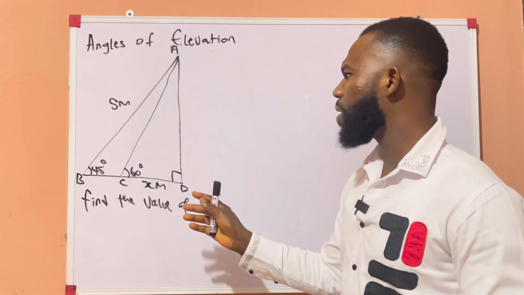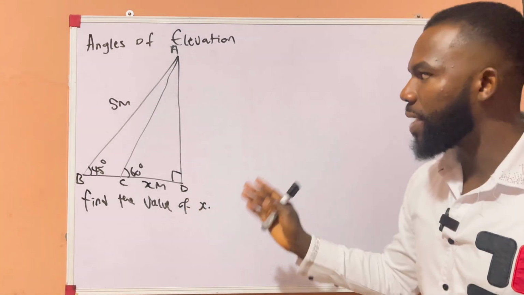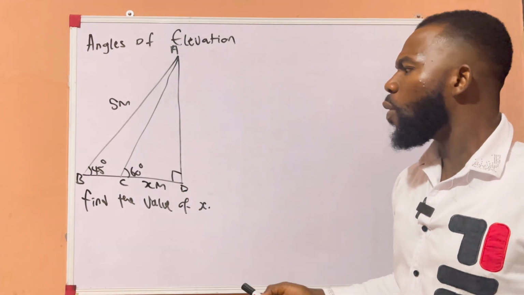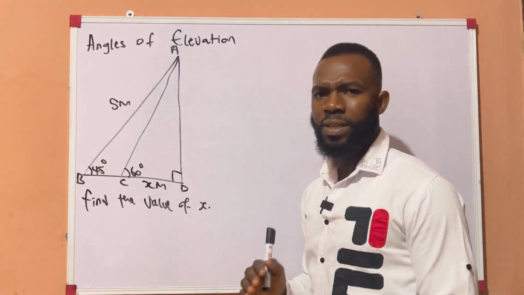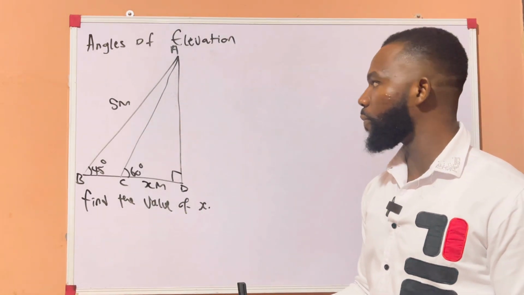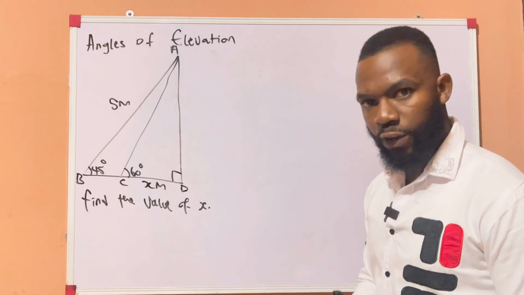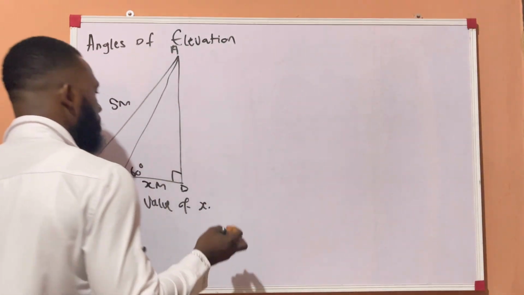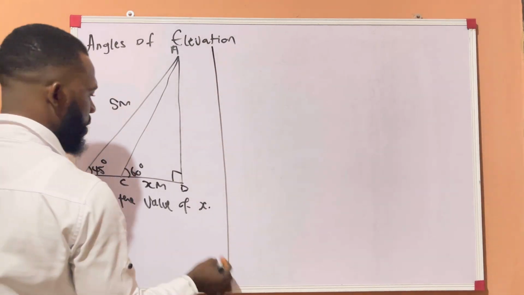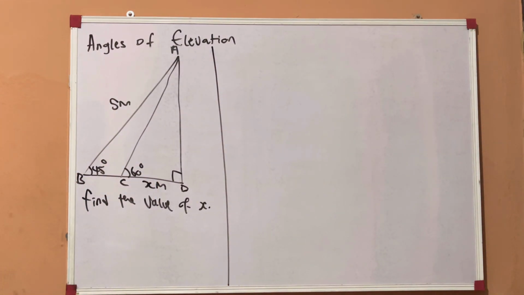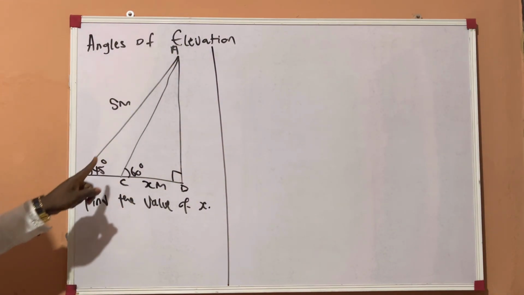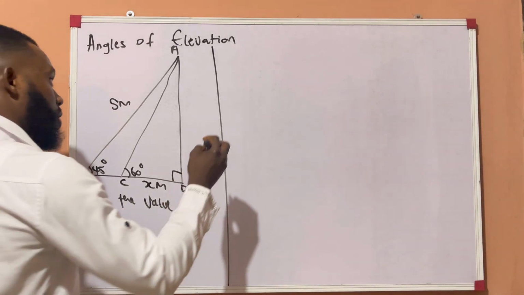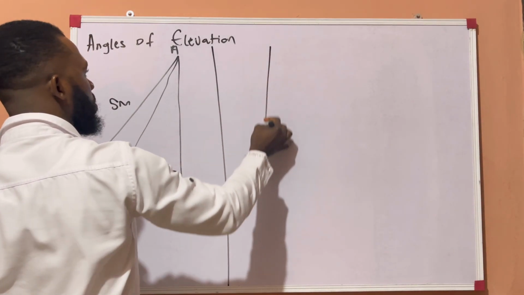Now the fact is this: how can we actually solve a problem that looks like this? There is no way we can go ahead solving x meters from the start; it will be kind of difficult. So what we are going to do is this: let us try to separate the triangles given, and then we see how we can solve. First of all, let us solve with triangle ABD. Now if we bring this out,